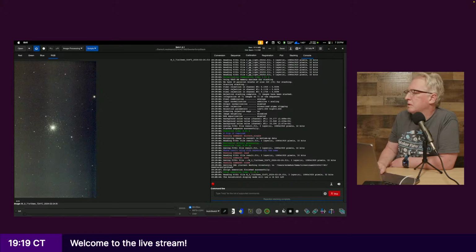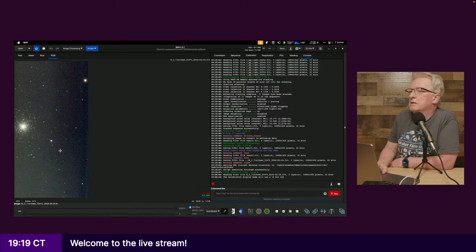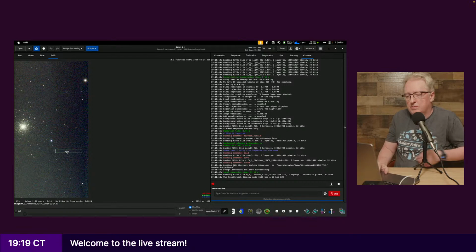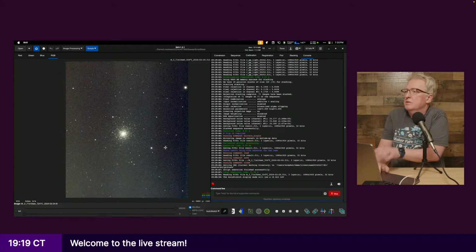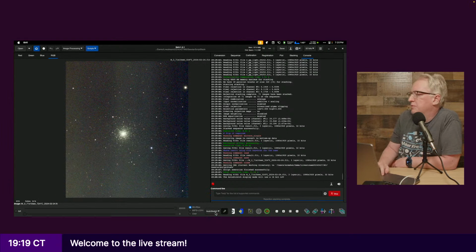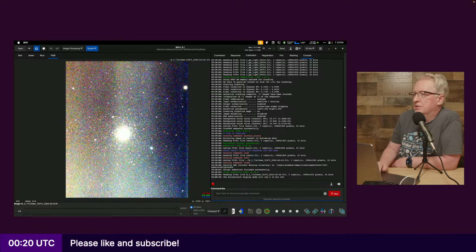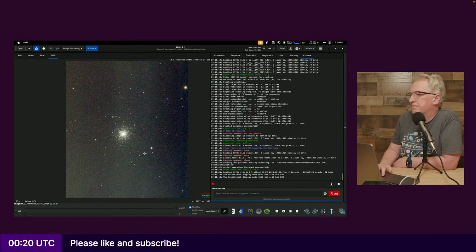We've got some, oops, I always do that. I hate that. So you can see, and if we look at the histogram view, there's some data here, but really I need a much longer exposure to bring out more extended parts of the cluster, because otherwise it ends up too noisy. So this is the initial